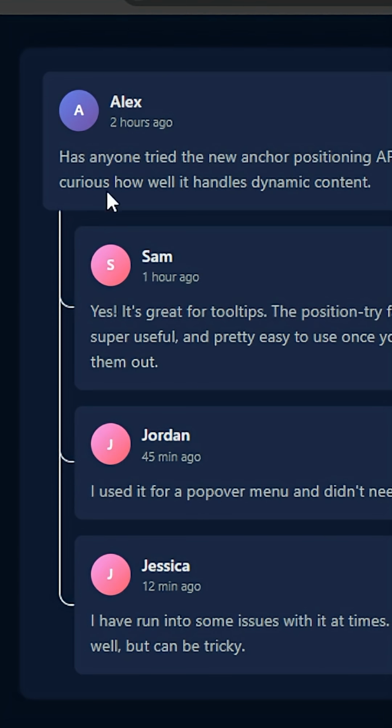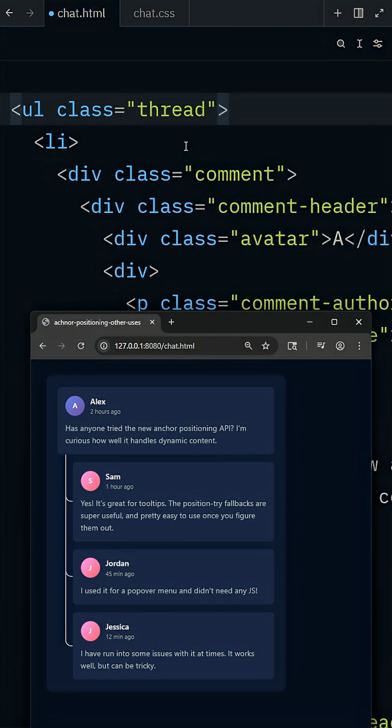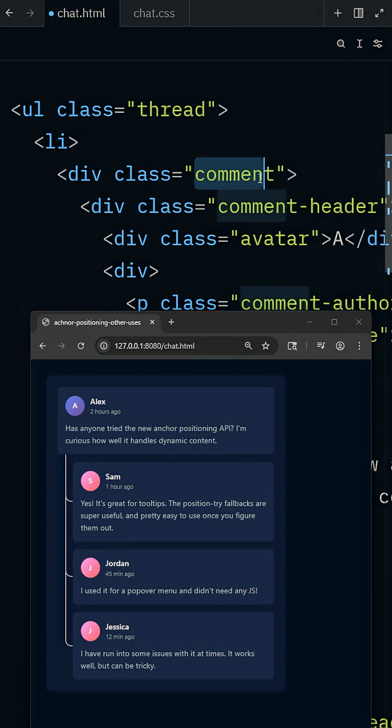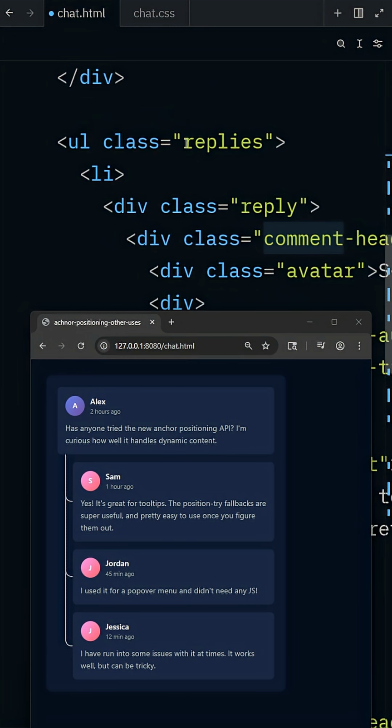If you've ever needed to connect one element to another one with a little visual indicator like we have here with these threads, it's actually really easy to do with a bit of modern CSS. You can see here I have my comment. Nested inside the comment is a replies UL, and each one of these guys here is the div with a